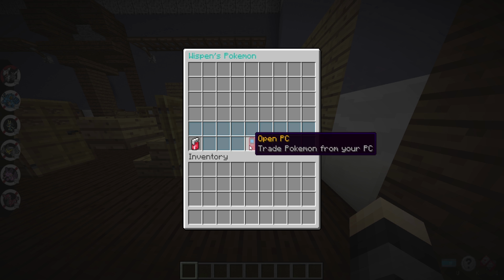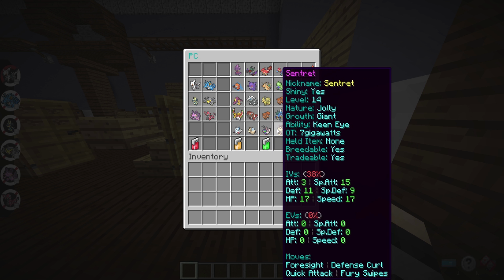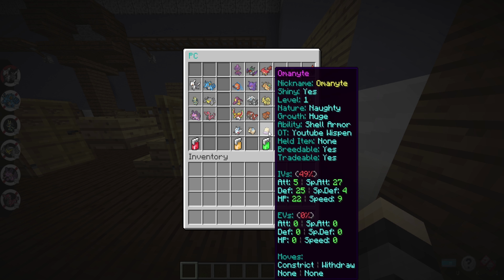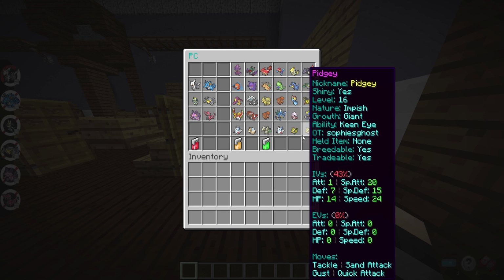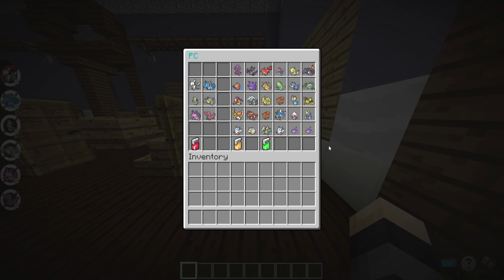You can actually go into this category, click open PC, and you can trade any of your Pokemon in your PC. So let's go ahead and throw in, let's see, we'll trade this shiny Centret, we'll trade this shiny Butterfree, we'll trade the Ammonite, we'll trade the Slugma, the Skarmory, the Aron. We're just throwing a bunch of Pokemon, Pelipper, Pidgey, another Pidgey, why not, Remoraid, another Remoraid,